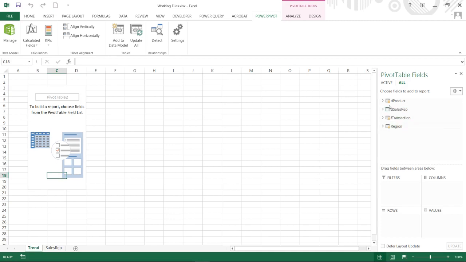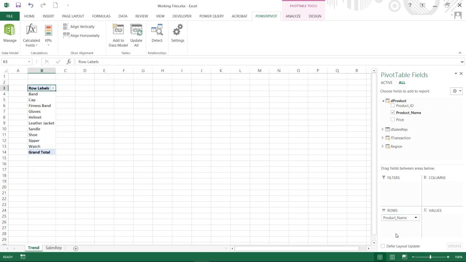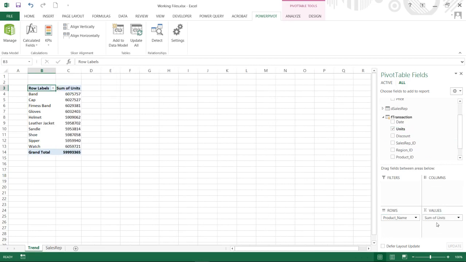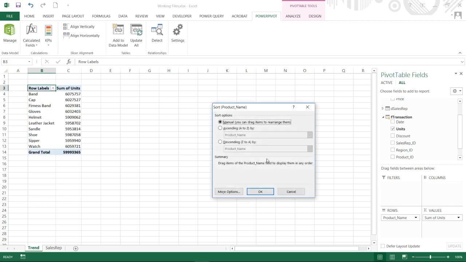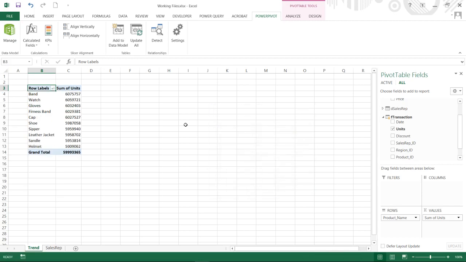So we want to see first which product had the highest number of units sold. With the highest number of units sold, we can say which product was in high demand. So we'll select this, come here, and sort ascending, descending. Right now we can see that wristband is something which was in high demand overall. Now let's